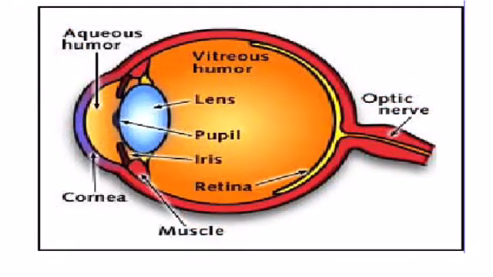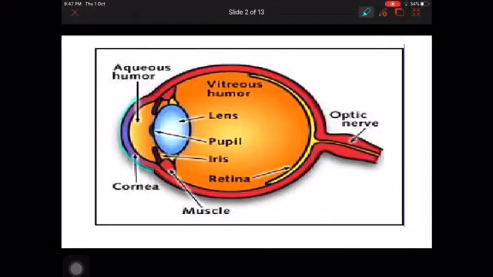Dear students, as we know, light helps us to see objects, but the organ which receives the light radiation is the eye. So let us discuss the structure of the human eye in detail. Here are different parts of the eye. First, cornea. It is located at the front portion of the eye. It is transparent, bulges outside, and is responsible for the maximum refraction of light.